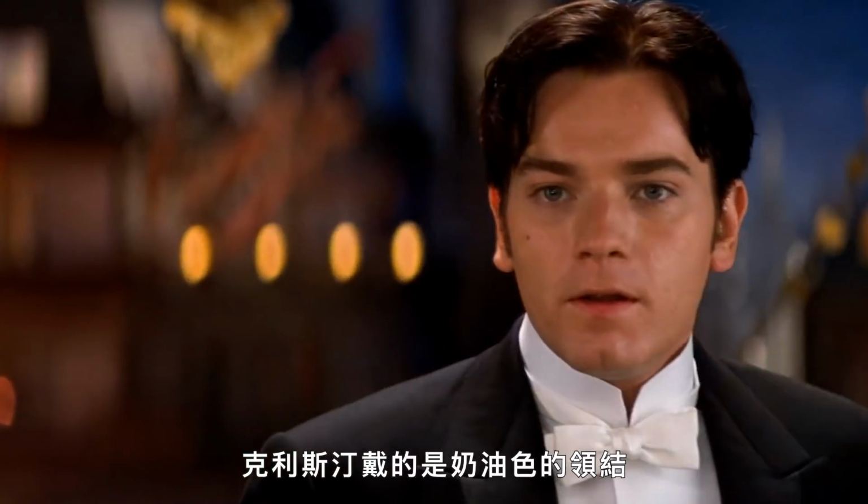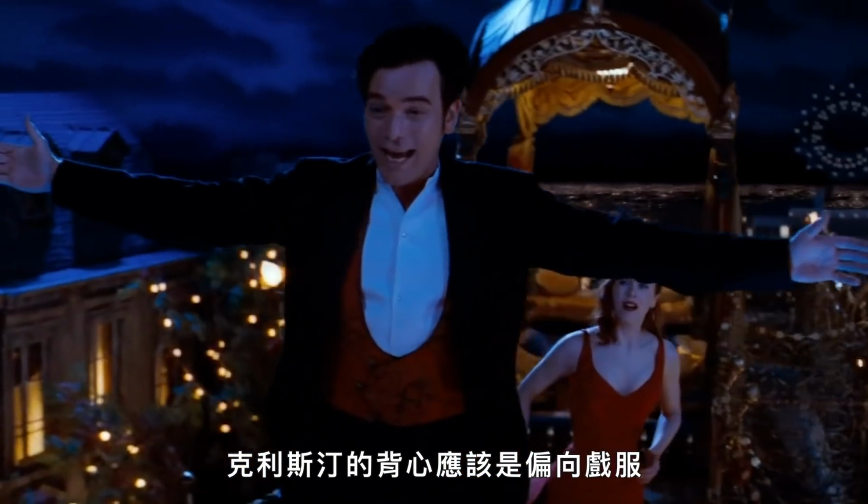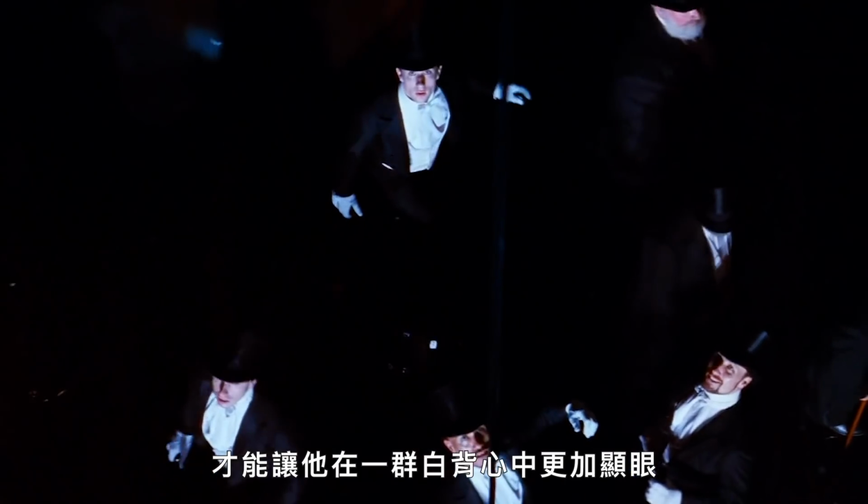Christian wears a cream-colored bow tie and a red vest. Christian's vest is likely a costuming choice to make him stand out against a crowd of white vests and to